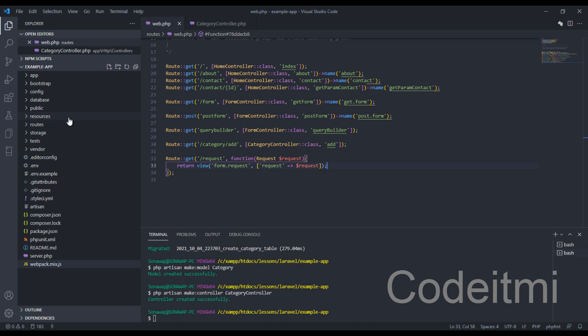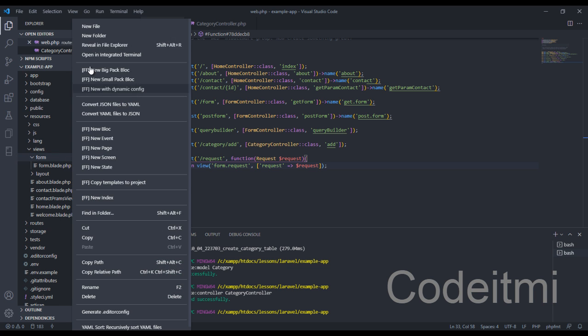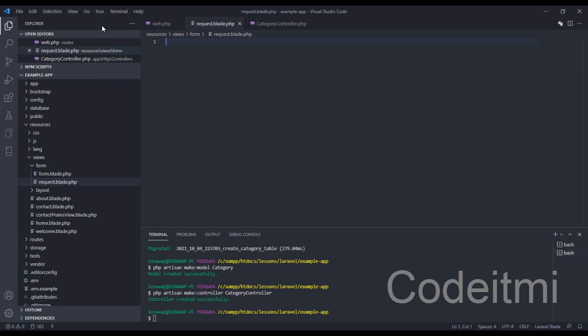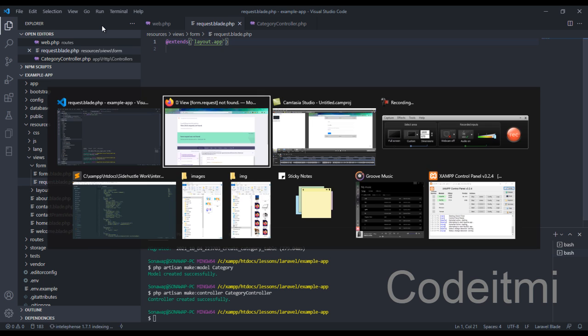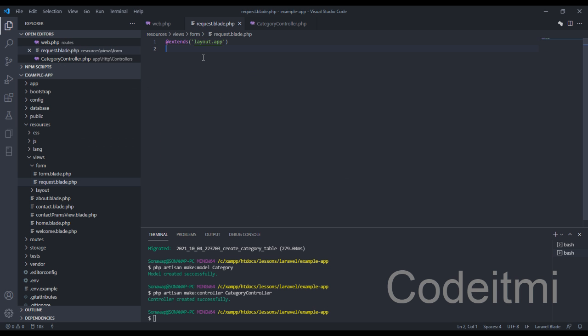In our resources folder, in the views and forms folder, let's create this new file right here, and we're going to call this request.blade.php. Now that we have this, let's extend our base template. So this will be @extends, and this will be layout.app. If we come here and refresh, you can see we've extended our base layout. And right here in our section,